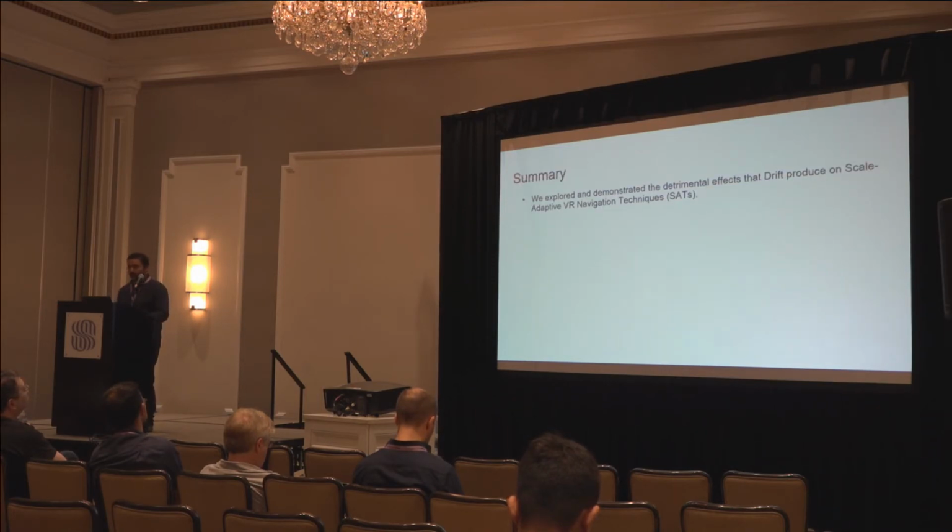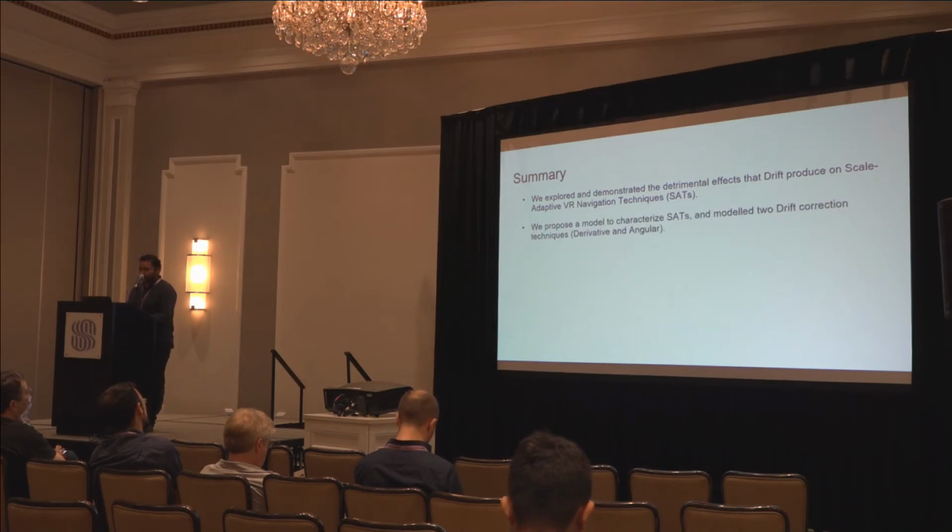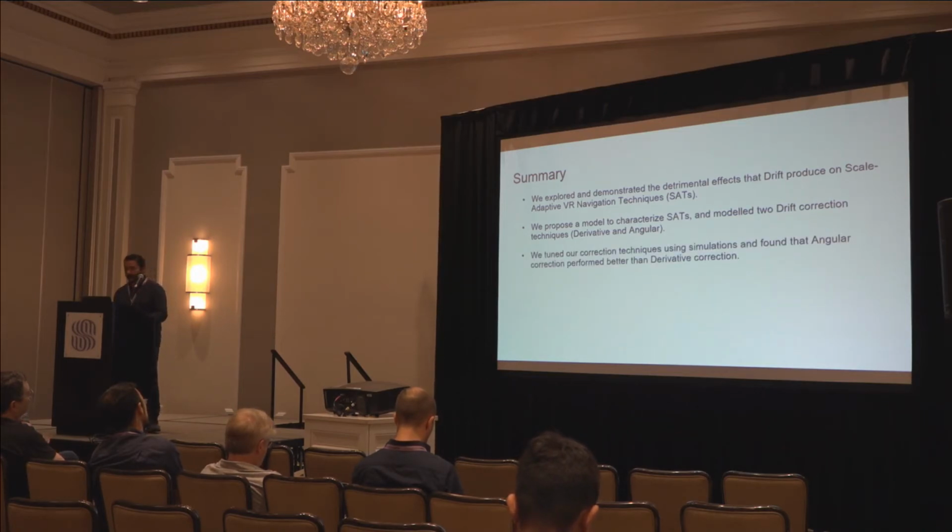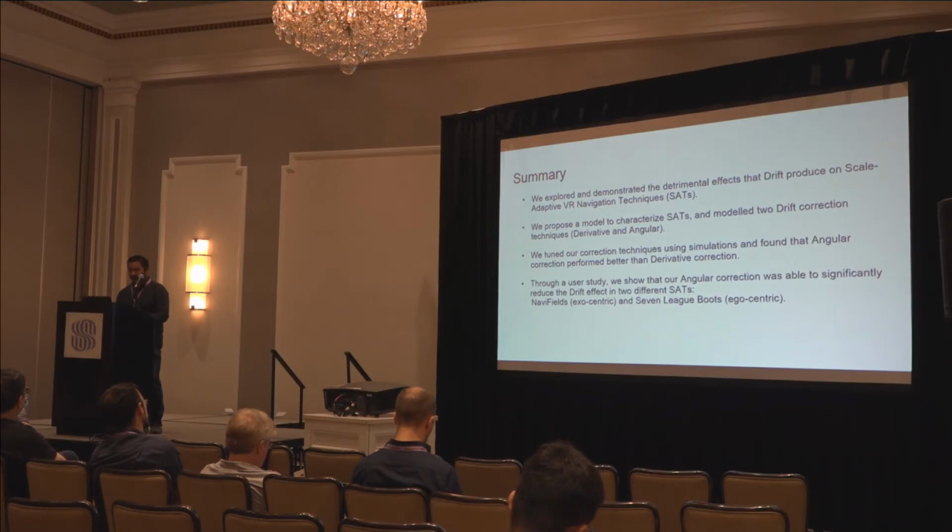Summary, we explore and demonstrate the detrimental effect that the drift produces on scale adaptive VR navigation techniques. We propose a model to characterize scale adaptive techniques. We model two different correction techniques, derivative and angular. And we tuned our correction techniques using simulations and found that angular correction performed better than derivative correction. Through a user study, we showed that the angular correction was able to significantly reduce the drift effect in